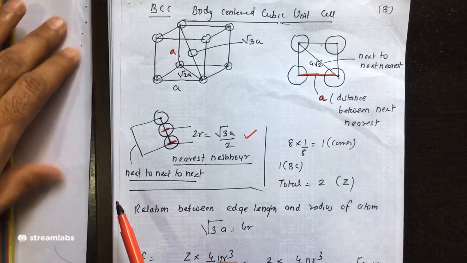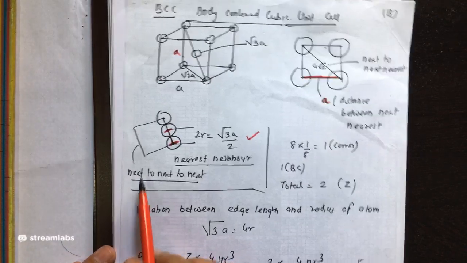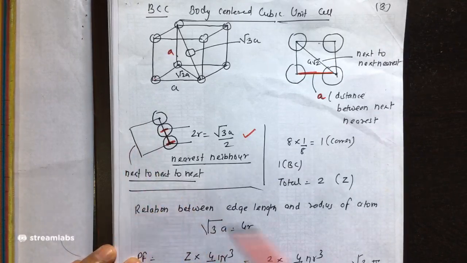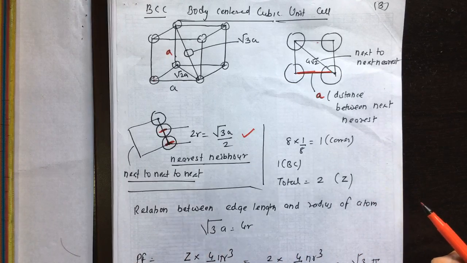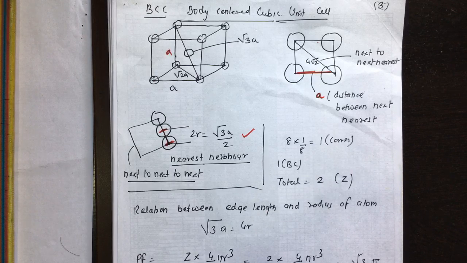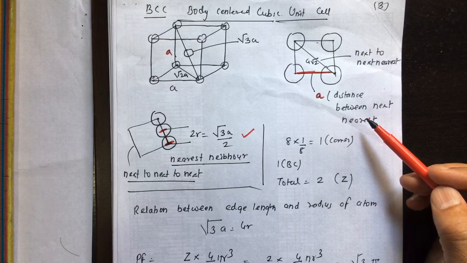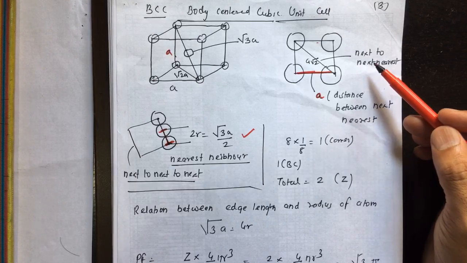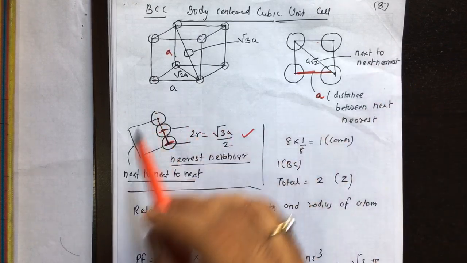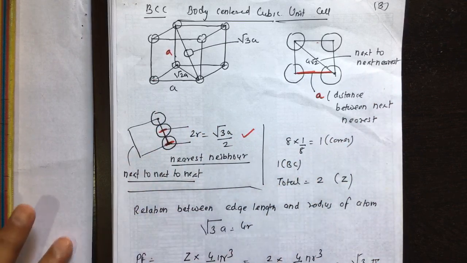And if you talk about the next to the next, this will become root 3a is equal to 4r. So dear students, keep this thing in your mind. Whatever I have discussed right at this point is related to the nearest neighbor. The nearest neighbor is root of 3a by 2. The next nearest is a. Next to next is root 2a, a root 2, and the next to next is nothing but root of 3a,